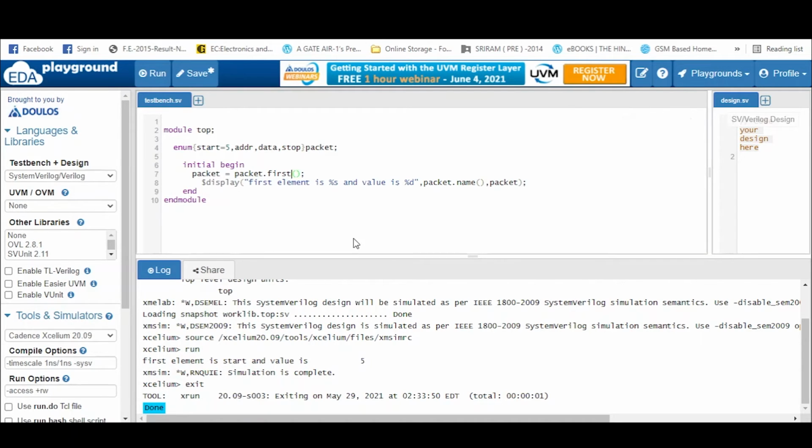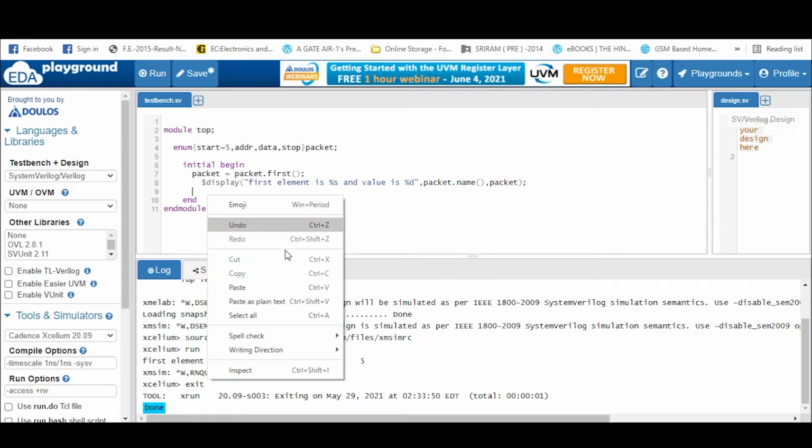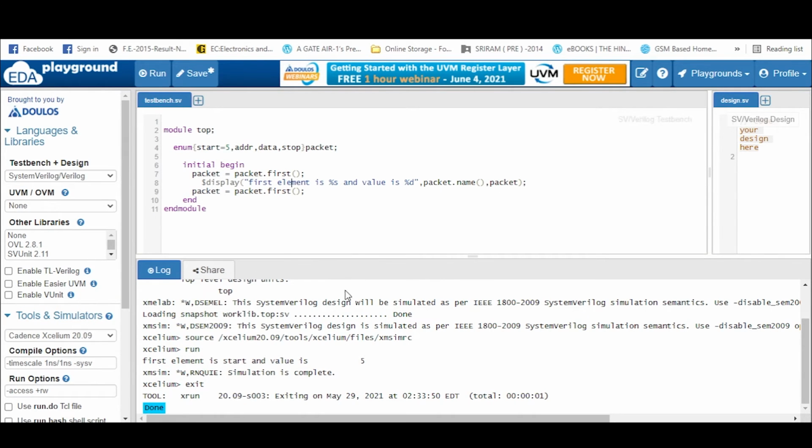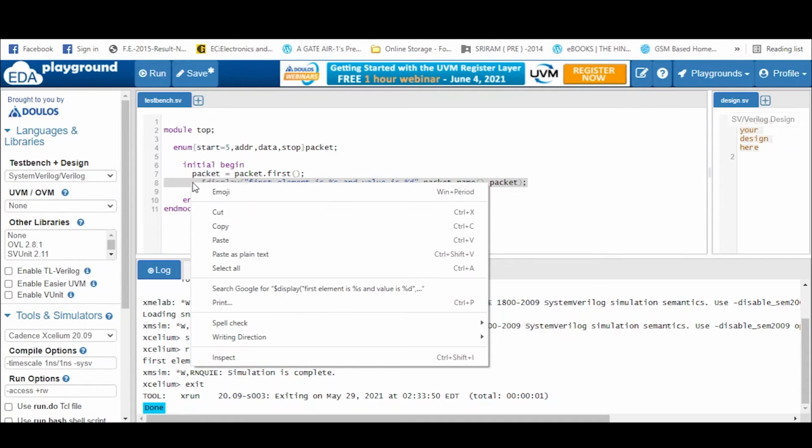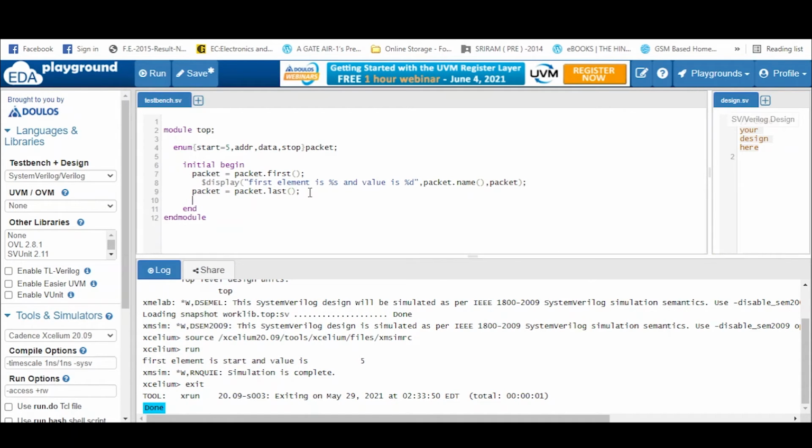So let's go for the last element. This is our first element, so let us keep it like this only, and let's now initialize it to the last element. So let's see what last element we are getting. The second method is the last method. It will return the last element which is present in the enum data type.